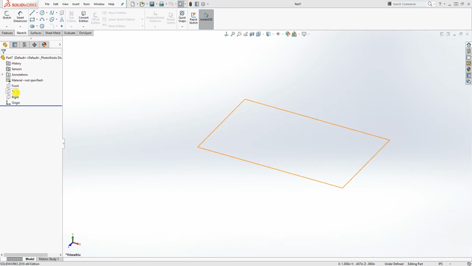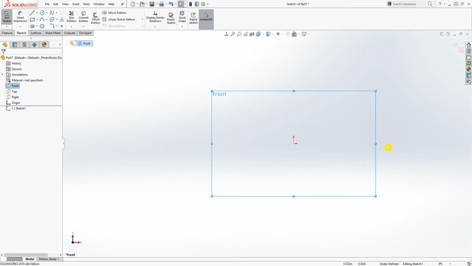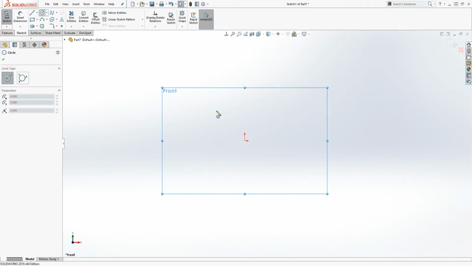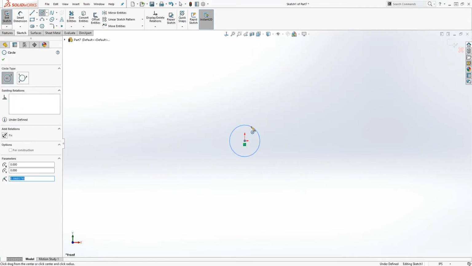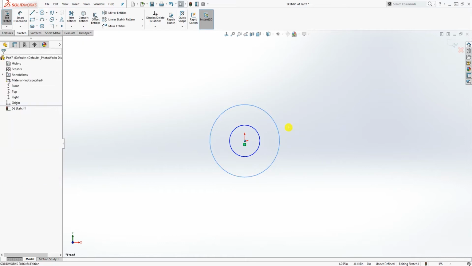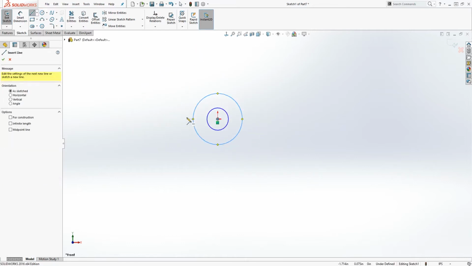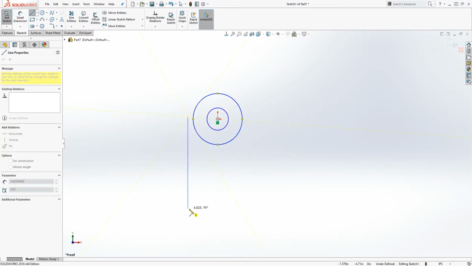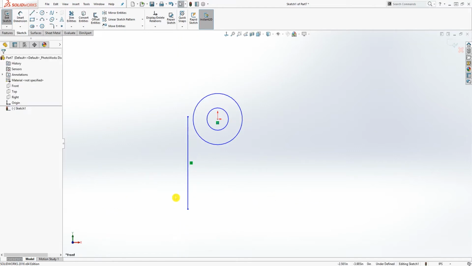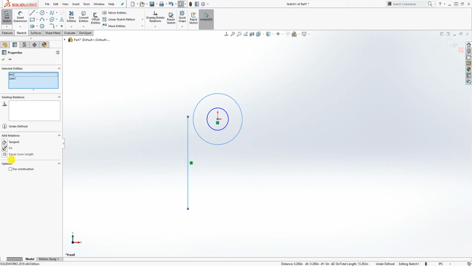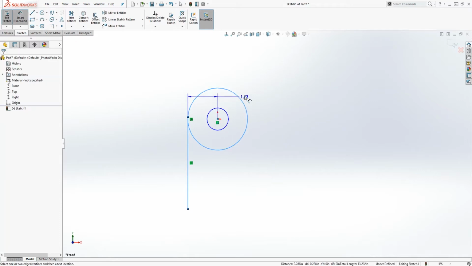So now on the front plane, sketch and draw 2 circles over here, something like that, and draw a line over here, and this line and that circle will be tangent to each other. And this circle,